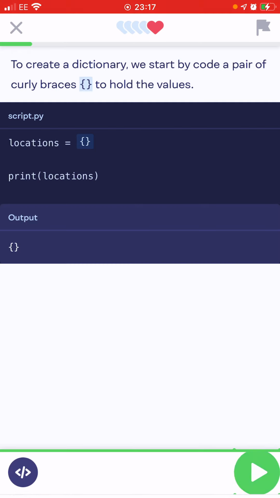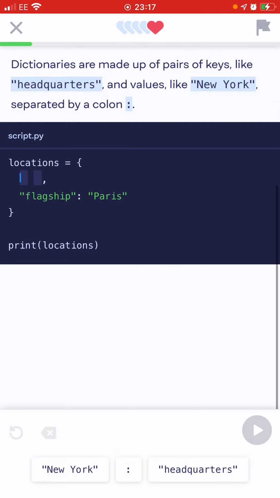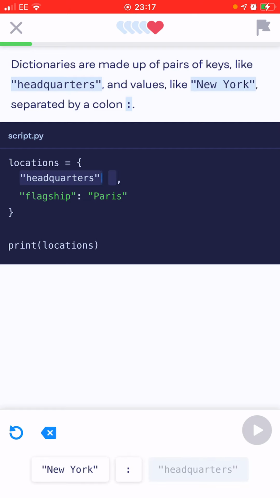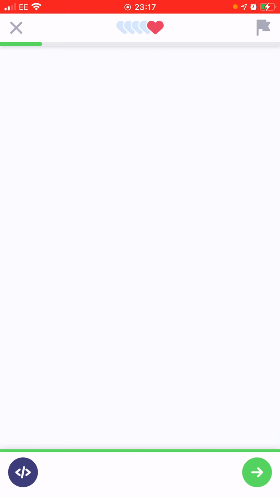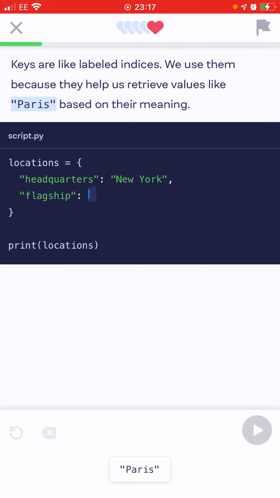Okay, we've done that. Next. Dictionaries are made up of pairs of keys, like headquarters, and values, like New York. Keys and values. Headquarters is a key, New York is a value, separated by a colon. Headquarters, the key, colon, New York. Brilliant. Awesome. Keys are like labeled indices,